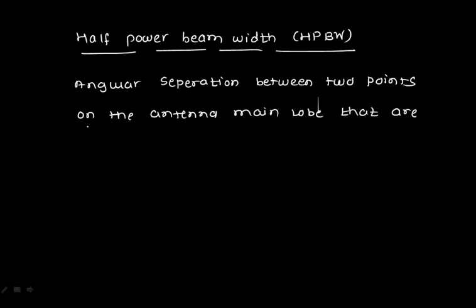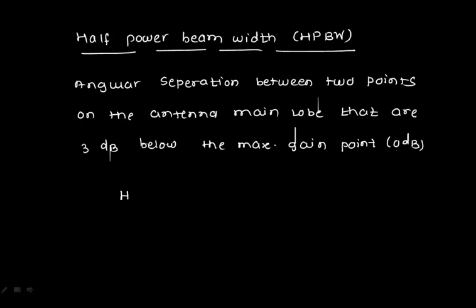3 dB below the maximum gain point. Now what is the maximum gain point in our case? You are having a 0 dB here. So I'll define my half power beamwidth is equal to theta hp left minus theta hp right, ठीक है. Okay, so we know that your theta hp left and theta hp right are the points to the left and right on the main beam maximum. Now here, whenever we are talking about the power pattern, what will be your half power beamwidth, ठीक है.